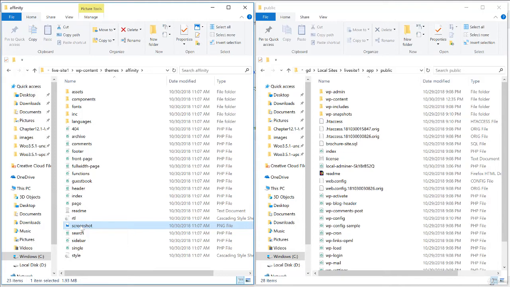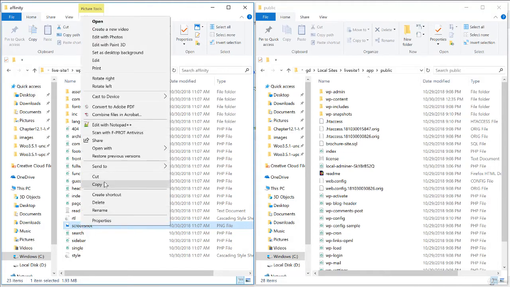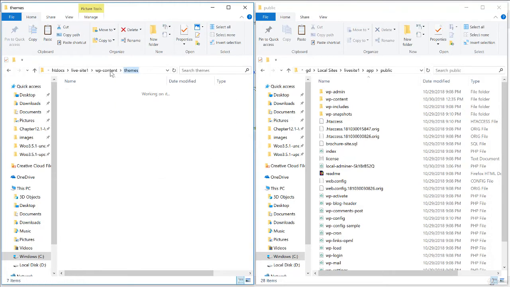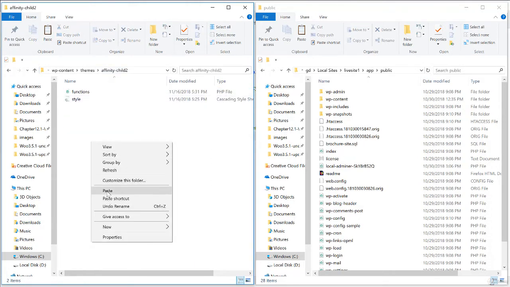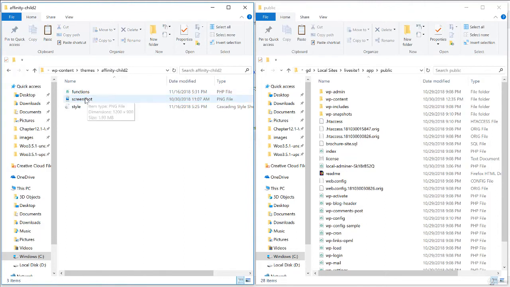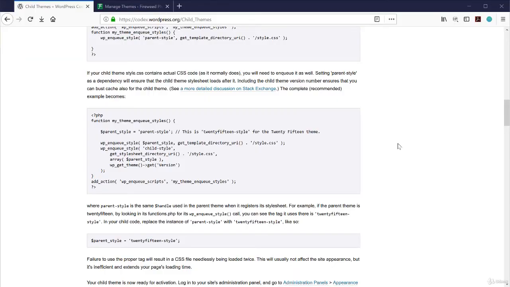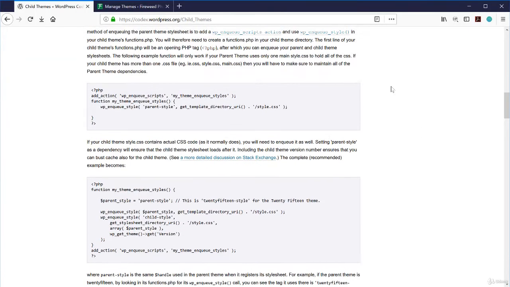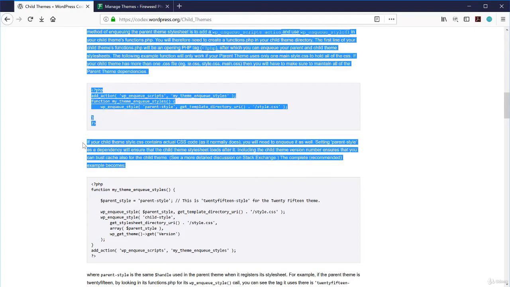I'm just going to right click and click copy, and then go back into my child theme folder, right click anywhere there and click paste. Now I have a copy of that screenshot that's going to look the same as our parent screenshot. This is all explained among the 2 blocks of code here, especially in this paragraph on